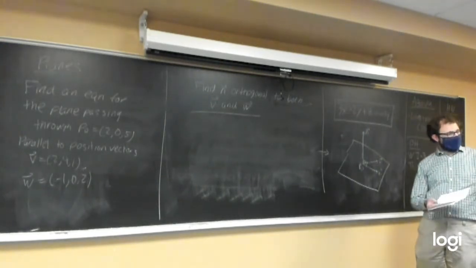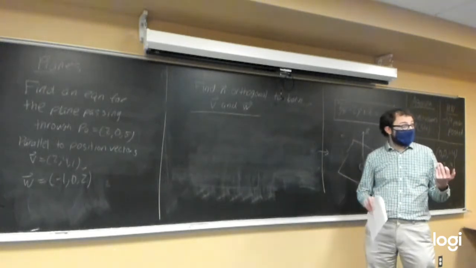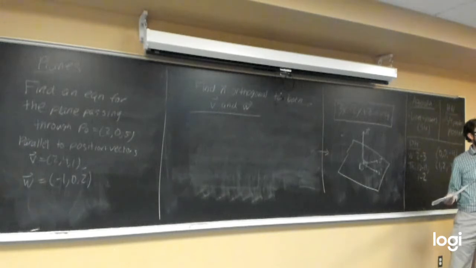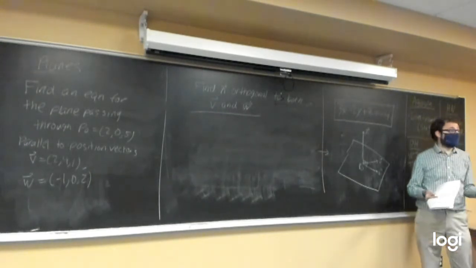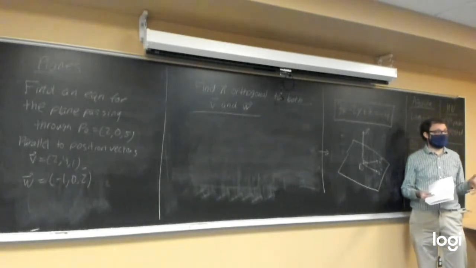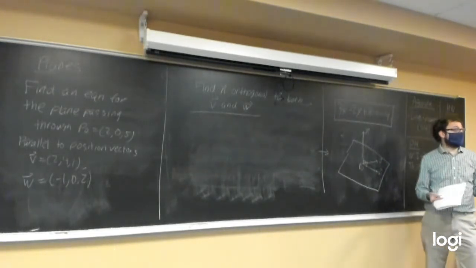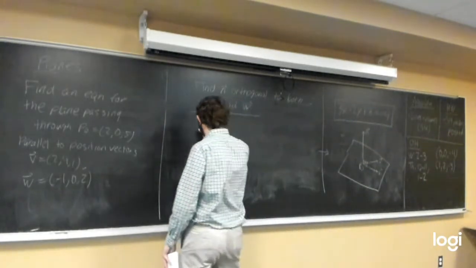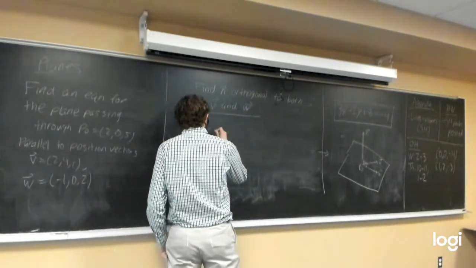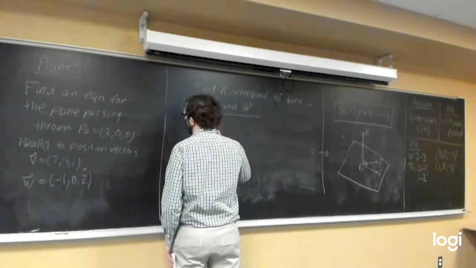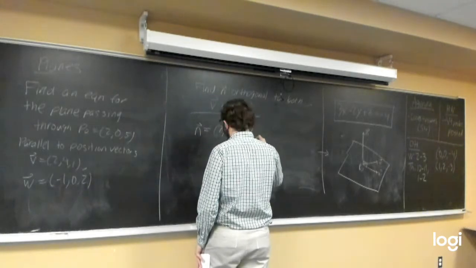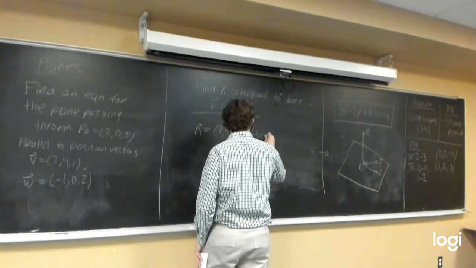Okay, cool. So let's go back to the first half of what you were saying. To find something orthogonal to v and w, you took the cross product of the two, which I think works great. Because as we saw in standard 3, one nice property of the cross product of two vectors in R3 is that it will always give you something orthogonal to the original two. So if we do that, what was our v? (2, 4, 1) cross (-1, 0, 2),